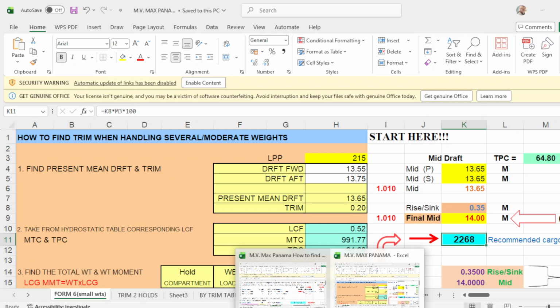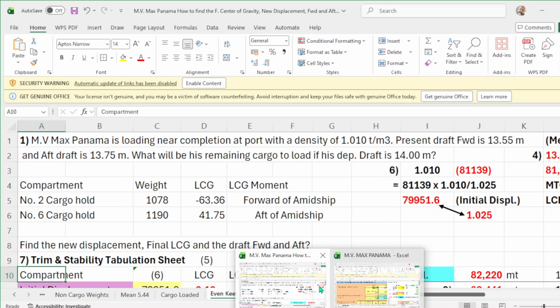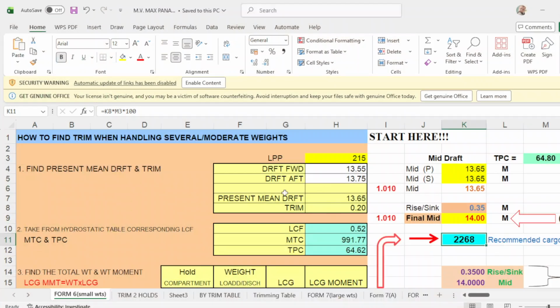Okay, so let's continue. What will be his remaining cargo to load if his departure draft is 14 meters? Okay, so this will be your target draft of 14 meters. First, you have already your aft draft of 13.75 and the mean draft would be 13.65 and your trim will be 20 centimeters.